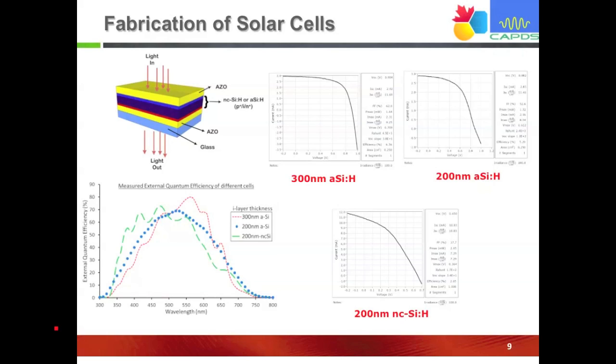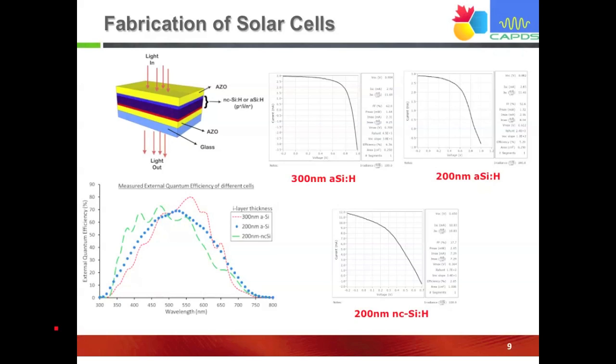This is the structure of the cell, which is a single PIN on top of the glass with the aluminum zinc oxide as a conductive layer. Here is the result of the external quantum efficiency and the IV characteristic of the developed layer. We have developed 300 nanometer and 200 nanometer amorphous silicon and 200 nanometer nanocrystalline silicon, with the efficiency of the amorphous silicon around 6.5